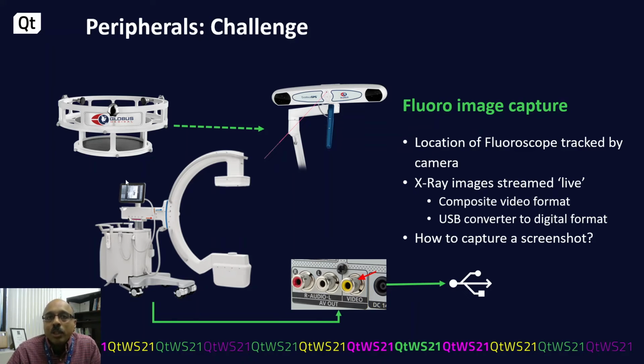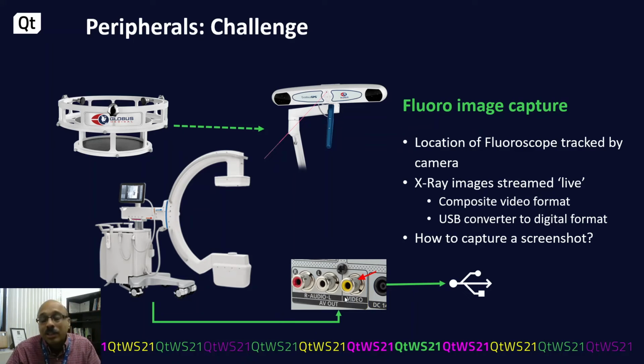But we needed an ability to capture these X-ray images that are coming off the screen and feed them into the robot. And we wanted this pretty much live because these could be moved very rapidly from one position to another. And the least common denominator, if you will, for these machines is the video stream. And many of these machines that are 10, 15 years old rely on an old composite video format. If you remember the VCR of the old days, they had 2 audio channels, the red and the white cables, and a yellow cable for video channel.